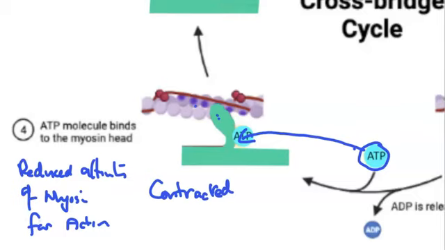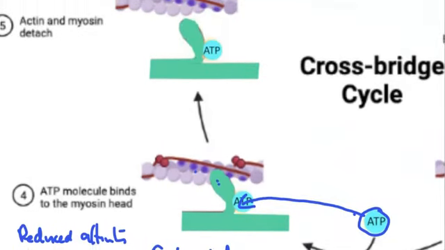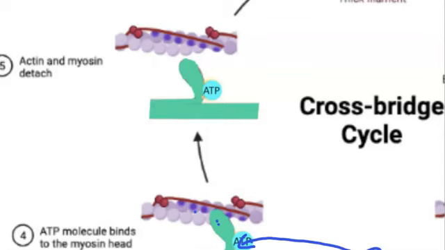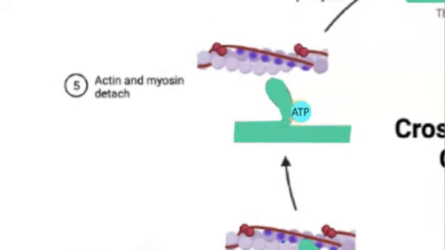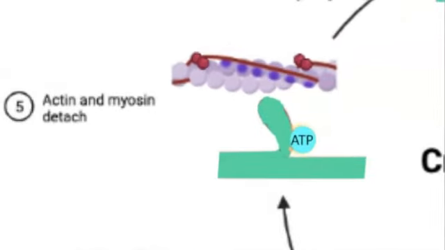So let's take a look at that. So this ATP attaching to this myosin has reduced the affinity here, and so it detaches. The ATP has not been broken down or hydrolyzed at this point. When that happens,